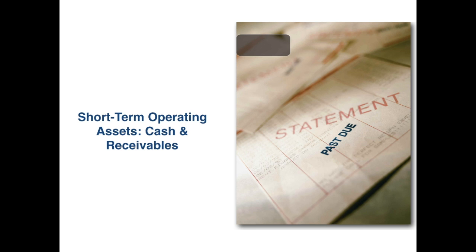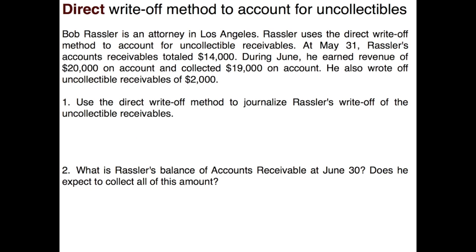So up to this point in our short-term operating assets videos, we've talked about contra assets, we've talked about the two allowance methods, percent of sales and aging schedule, that are both allowed by GAAP. And the next one we'll talk about is actually not allowed by GAAP, and we're going to see why that is. But it's called the direct write-off method in accounting for our uncollectibles,